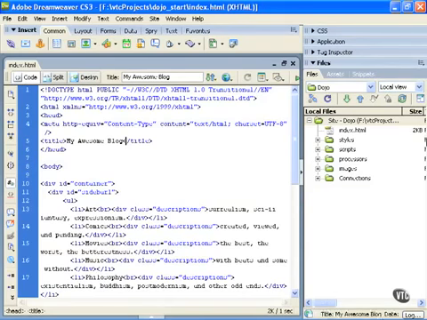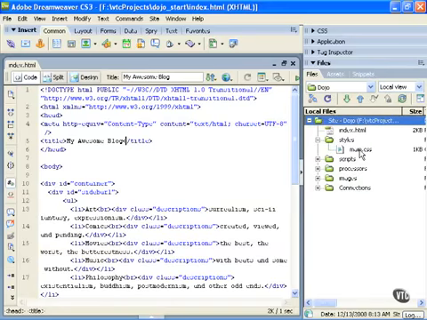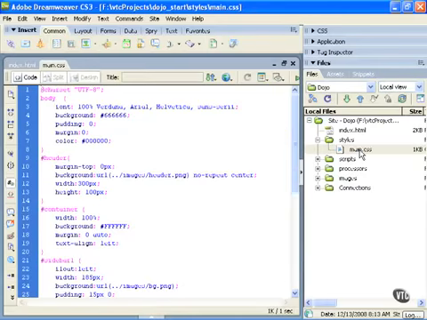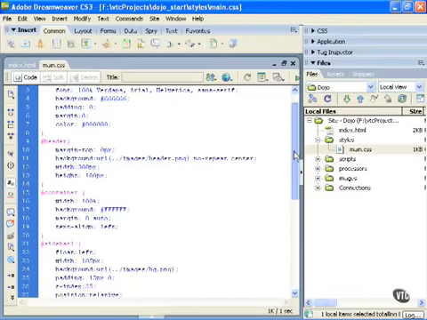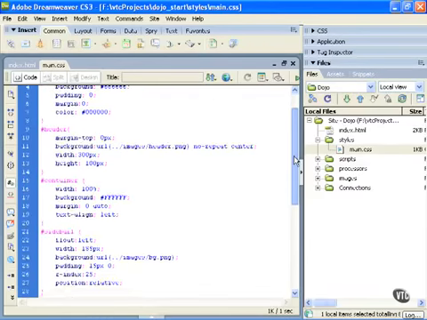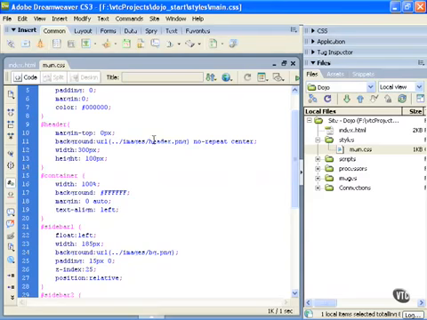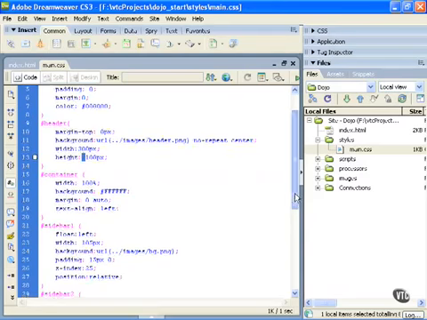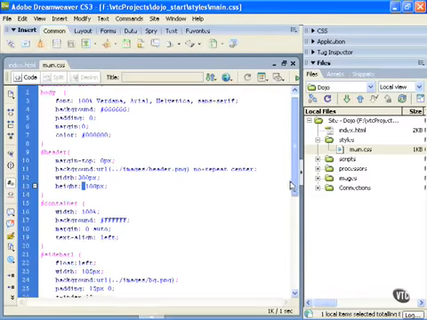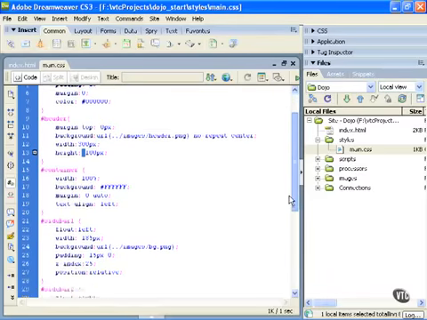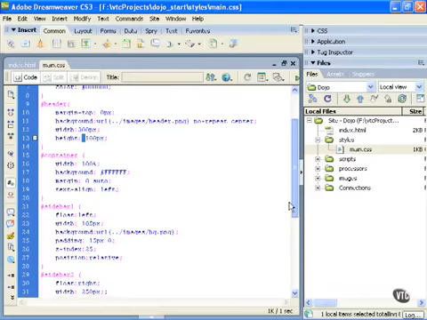Now over here in my site definition, I also have a styles folder, and inside of that I've got the main.css, and I'll go ahead and open that up. As you can see, we do have some styles already defined, and whenever we apply this, it's going to make our page look a whole lot better instantly. So some good information in here, including a header that is going to be a certain size. Now inside of the body we have a container that's going to be holding all the other information,